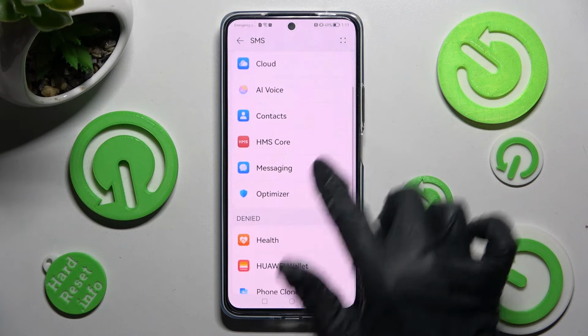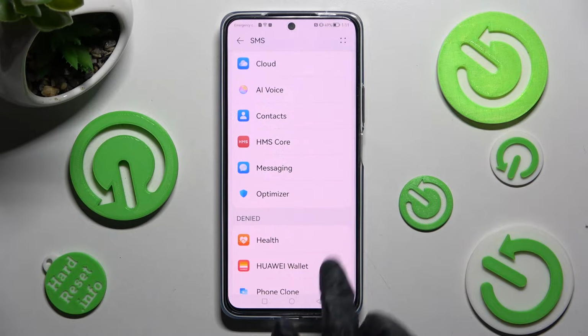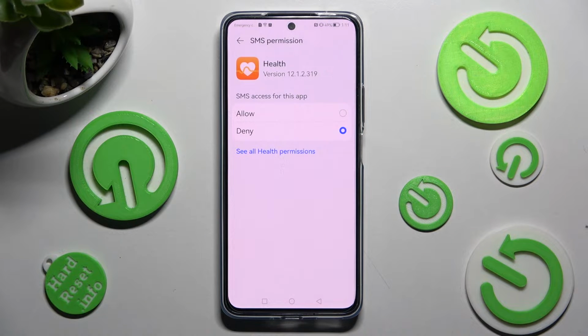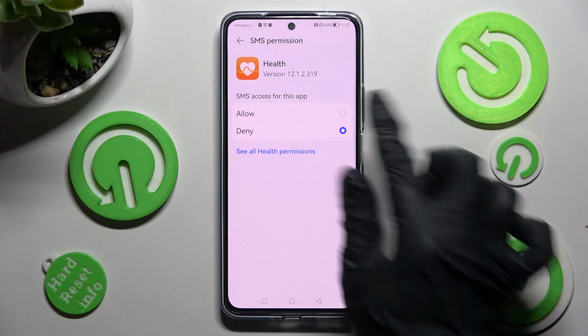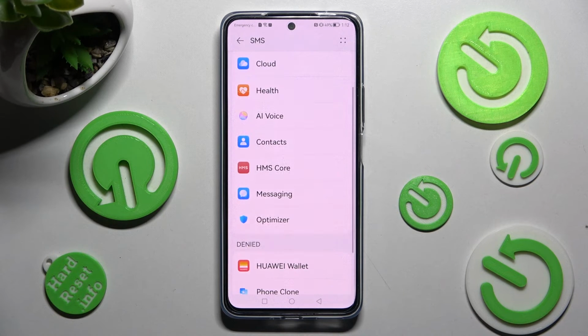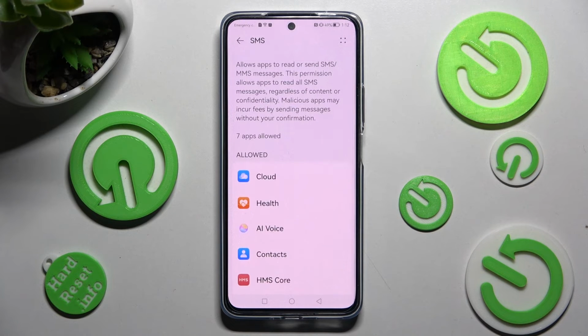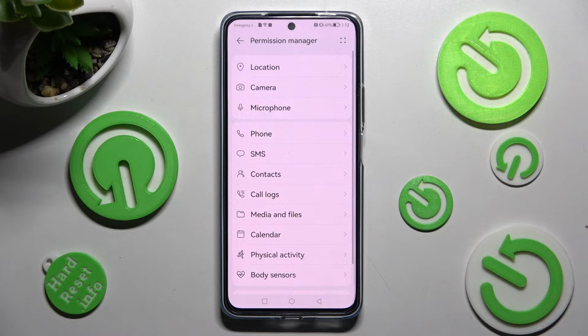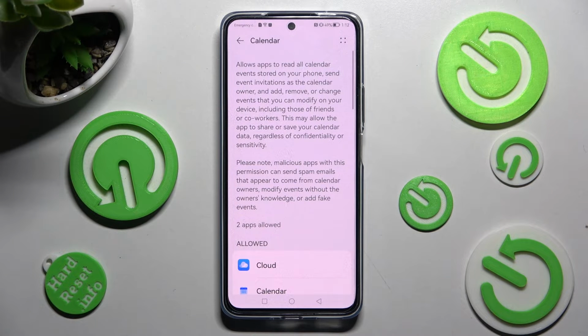Then select one of your apps that you wish to manage, in this case Health, and tap on one of those options, Allow or Deny. I will go with Allow, so now when I go back, I can see that Health app just gained access to my device's messages. But you can always go back, select any feature and then an app that you wish